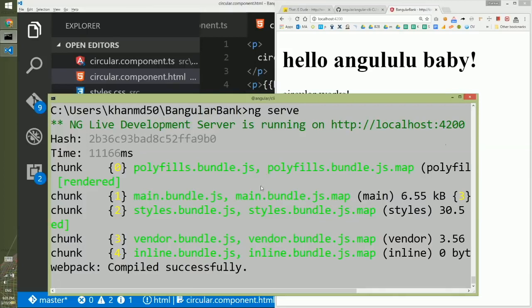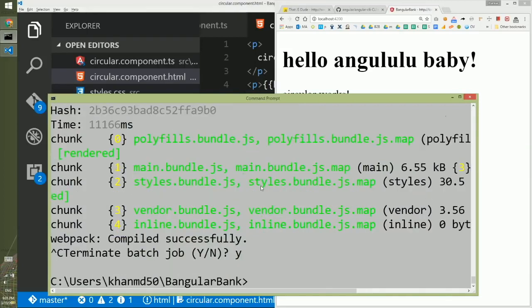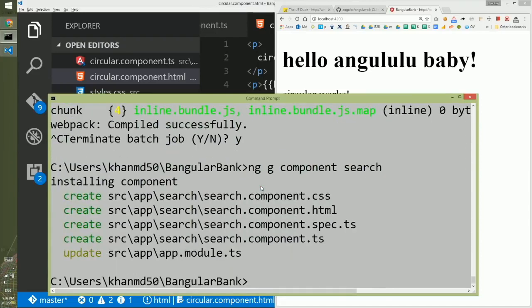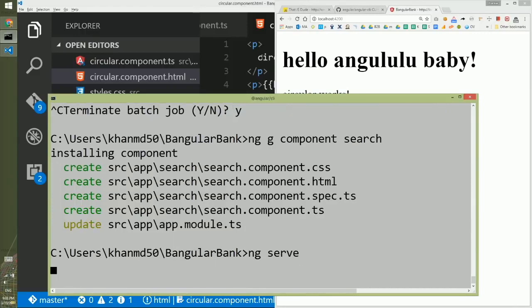So we will go to the command line, terminate the current processing, create a component, ng g component, and we'll give it a name called search so that we can search in this component. And within a few seconds, it will create a component as usual. And to see this component is working correctly, we will hit ng serve first, and then we will go to